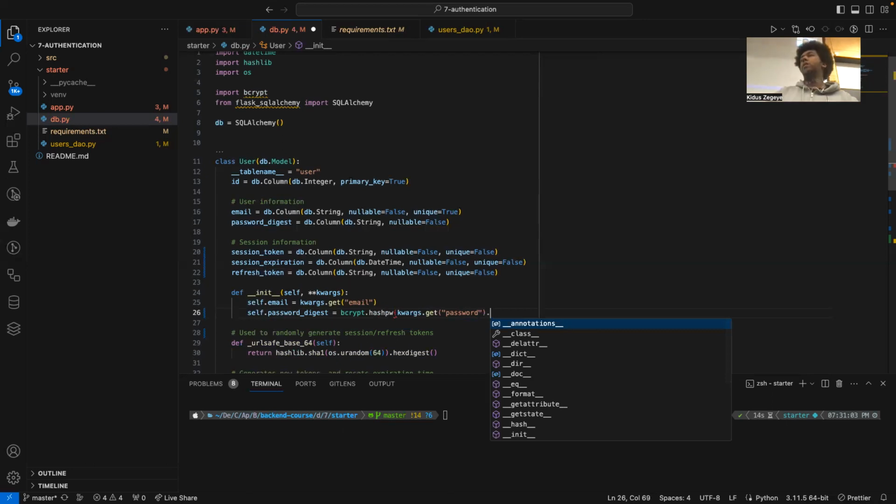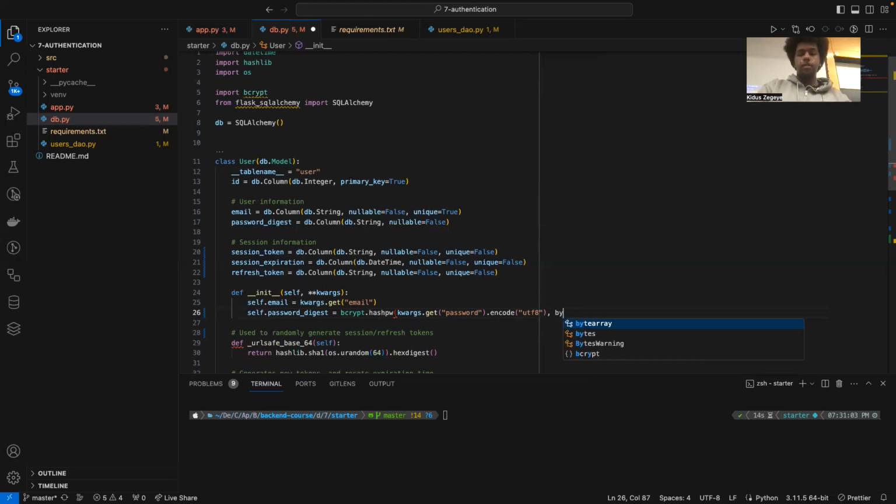And the one thing to note is that the password actually has to be a bytes object. And you can do that by saying encode and then UTF-8. So this will encode a UTF-8 string into bytes. That's just what this function requires. And one other thing we're going to add to the hash is a salt. So bcrypt